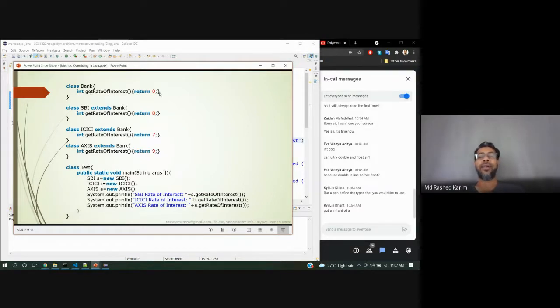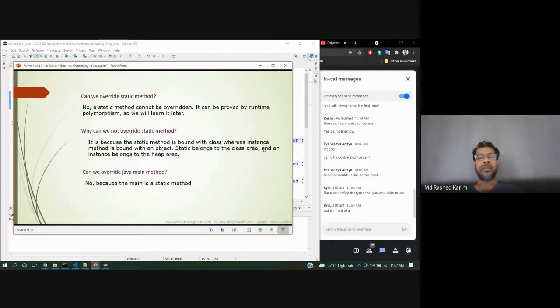The bank has no interest rate but has the method. SBI is 8%, this bank 7%, this bank 9%. So when you call the method on the SBI object, the SBI method will be called, not the bank method. So this is the example.